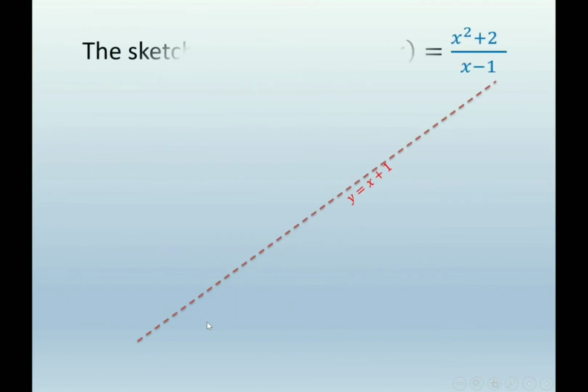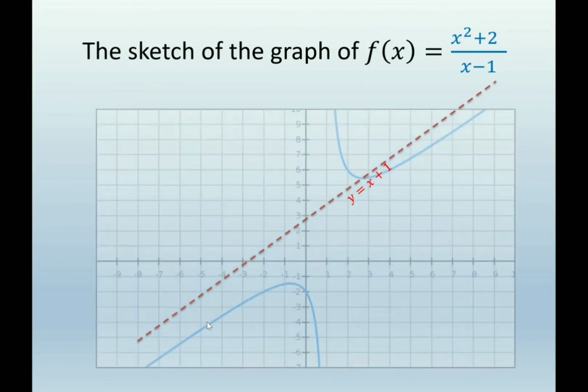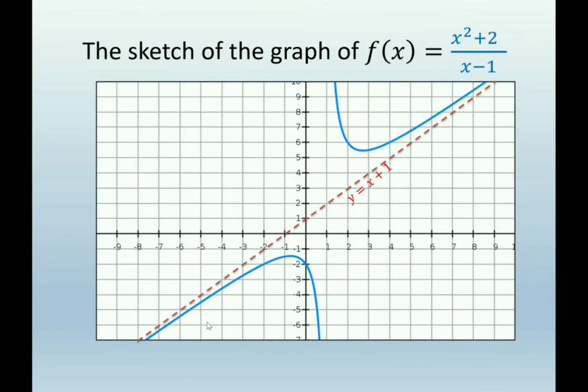Let's have this sketch for the graph that we discussed in different ways. The graph of f of x equals x squared plus 2 over x minus 1. You can see that the broken line is our slant asymptote, whose equation is y equals x plus 1, going from left to right, rising up without touching the curve. You can draw this line easily by making a small table, plotting 3 points from your